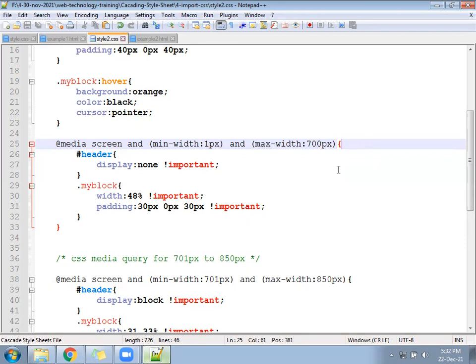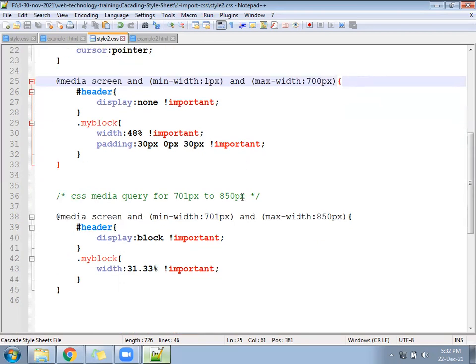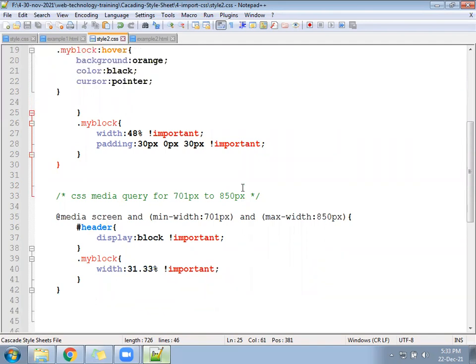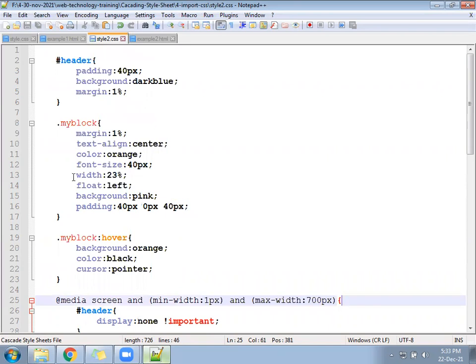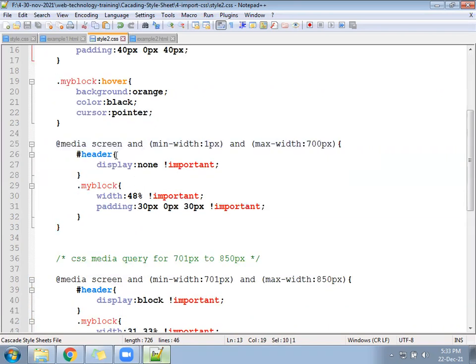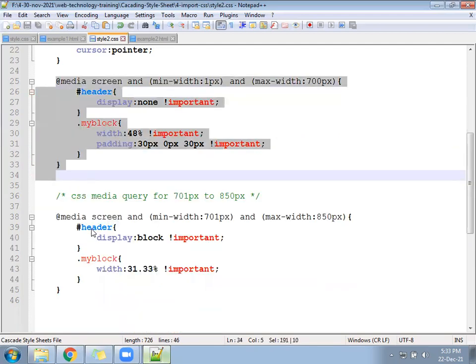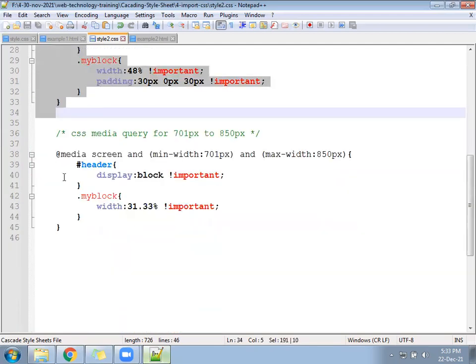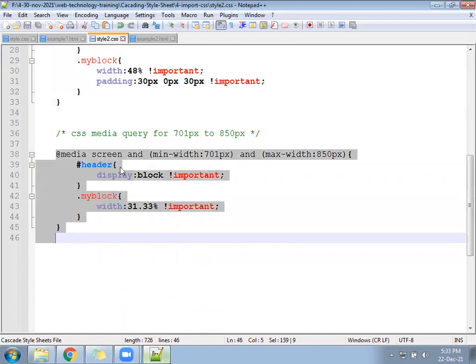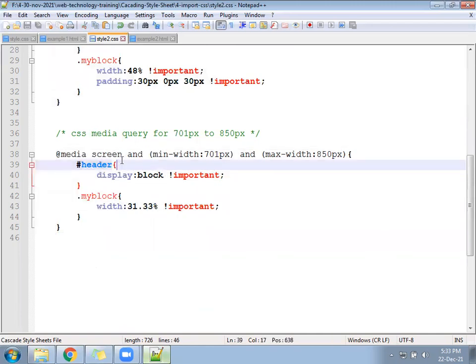So what you are doing in this file, you are doing the same adjustment. We are saying, if the screen size is big, then for the division you take the width 23%. In another place you say, if the window size is small, then take a particular width. Correct? You are just rearranging the width of your division and container.